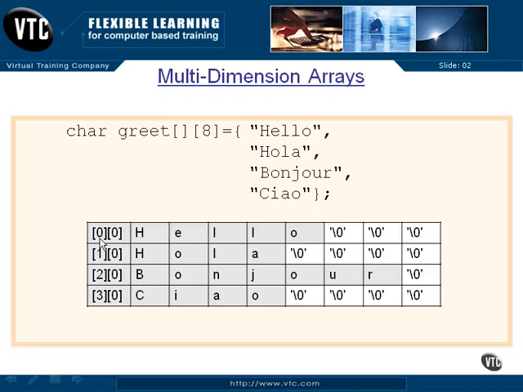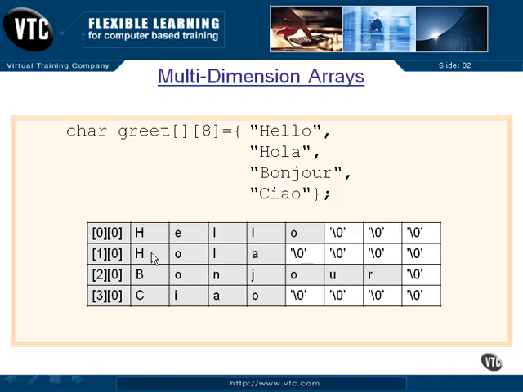So here is greet 0 0, this H, the very first byte of our array. And here's our hello, just like we had before. But these 3 bytes are padded out with nulls because this thing has to be relatively square. We can't have these odd length values because then we couldn't calculate our way through it using the subscripts times the length of this value, which is 8. So we take 1 times 8 plus 0, and add that to the base pointer,